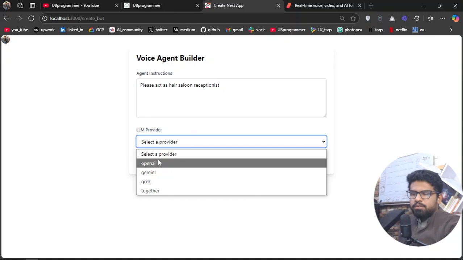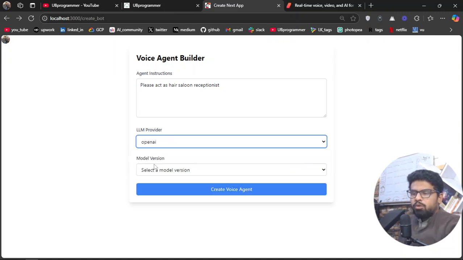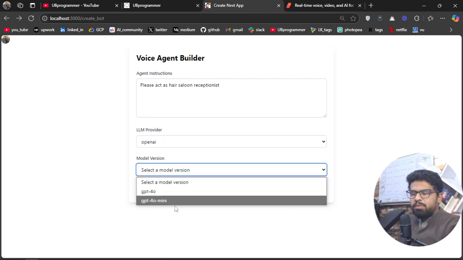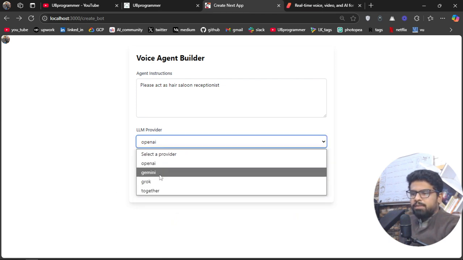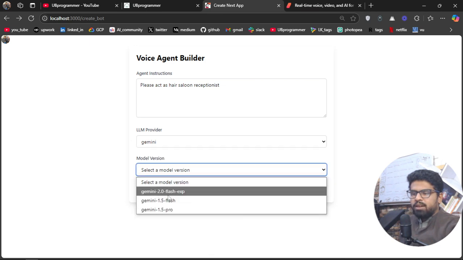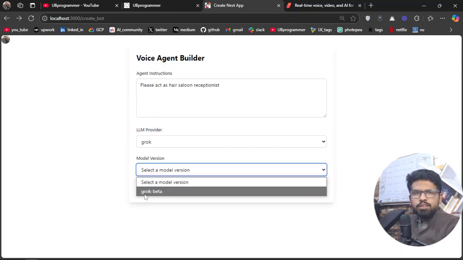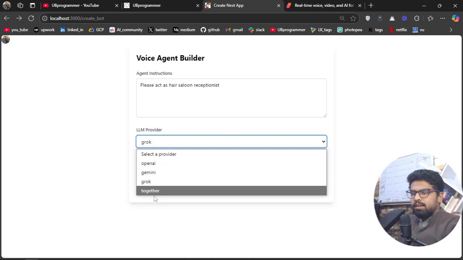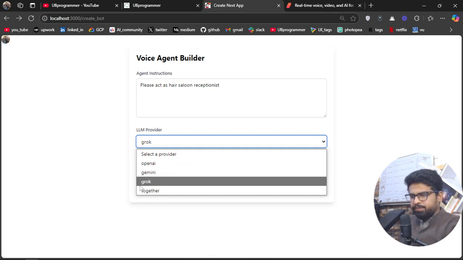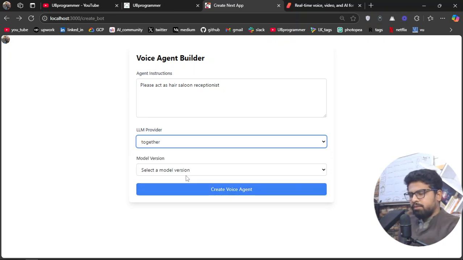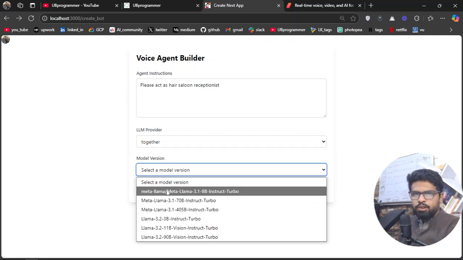So we have these LLM providers, and we can select any of these. With OpenAI we have GPT-4o and GPT-4o mini. With Gemini we have the 1.5 and 2.0 models. Then for Grok, I think there is only Grok beta, and this is by X, so Elon Musk's AI. And for Together we have a couple of Llama models, which are obviously open source,